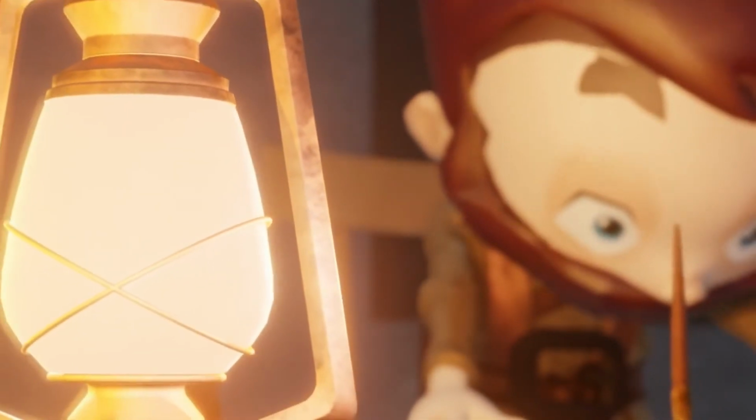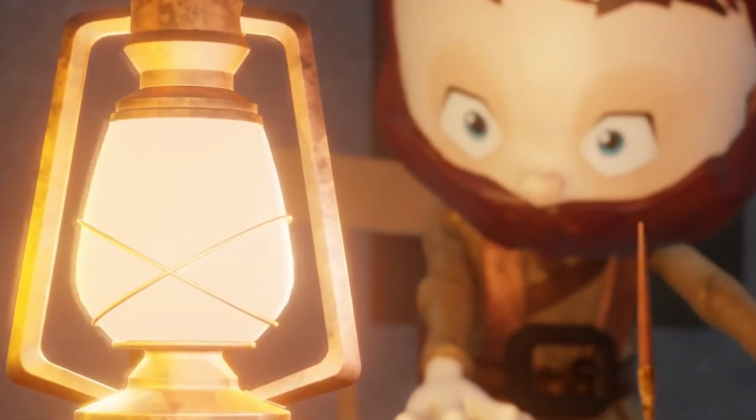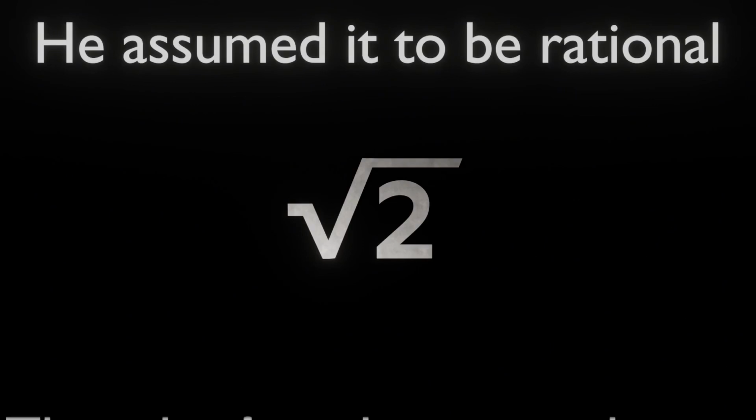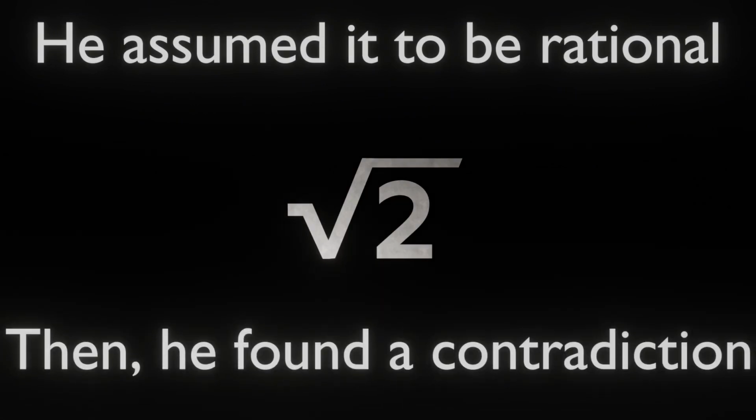The proof by contradiction technique has been used by mathematicians like Fermat, George Cantor, and Andrew Wiles. But one of its most notable uses is when Euclid himself used it to prove the square root of 2 is an irrational number. He assumed it to be rational and found a contradiction, therefore proving it irrational. It was also used to prove that the sum of an irrational number and a rational number is irrational. Using this information, we can decipher the importance of this technique within the mathematical world.